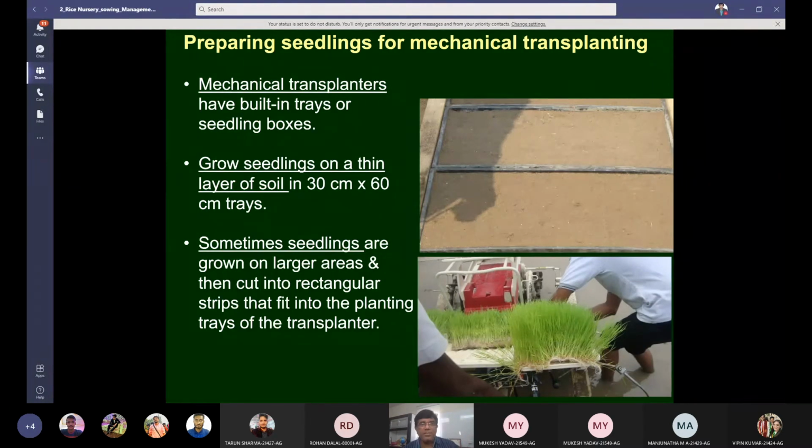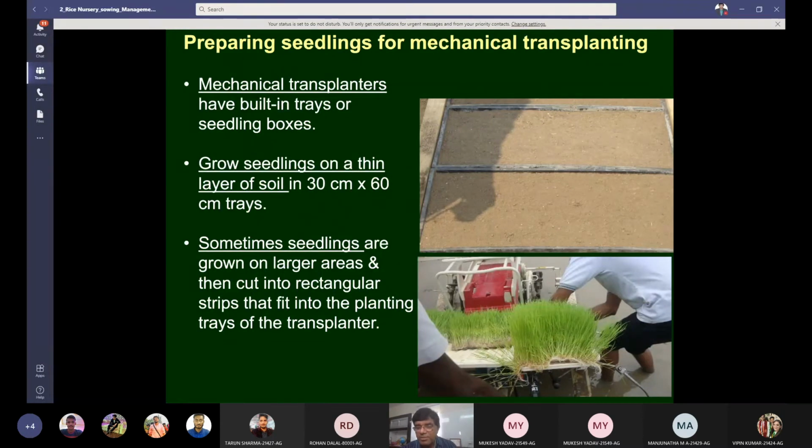Now, the next is preparing seedlings for mechanical transplanting. In this case, you have seen the depth of the soil mixture was 4 centimeters. If you can grow seedlings by keeping the depth of the soil mixture at just 1 to 2 or maybe less than 2 centimeters, then that kind of nursery can be used for mechanical transplanting. Mechanical transplanting by the modified mat nursery method, because now in many parts of our country, these transplanters are coming up in Andhra, in Tamil Nadu, Punjab, and in some other rice growing areas.